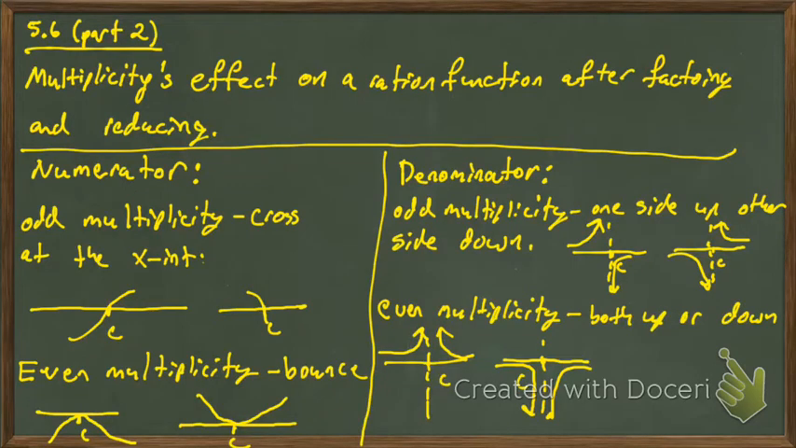Alright, in this video we're going to do a little bit more with section 5.6, playing the matching game and also coming up with an equation of a rational function using some properties of rational functions, their roots, and their asymptotes. So we're going to look at the multiplicity's effect on a rational function